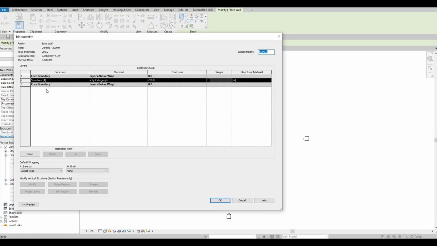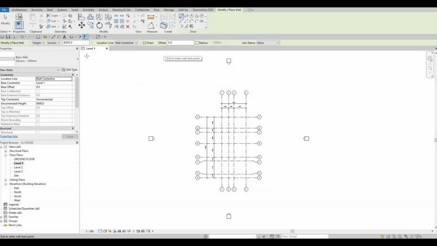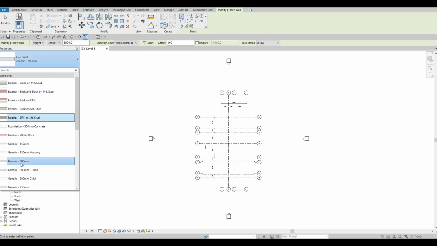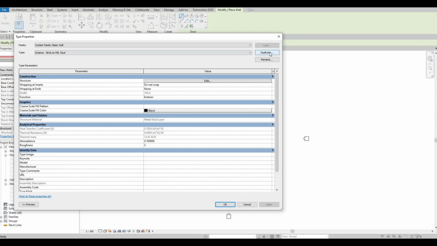Nothing is in the exterior and the interior side. All I know is that newer Revit, I'm still using Revit 2020, but I know Revit 2021 and onwards, the new ones, they don't have preset for generic 200 millimeters anymore. So for you guys, what I can tell you is you could just choose whatever you want here, and then here you just click edit. Make sure to duplicate this. So you put in